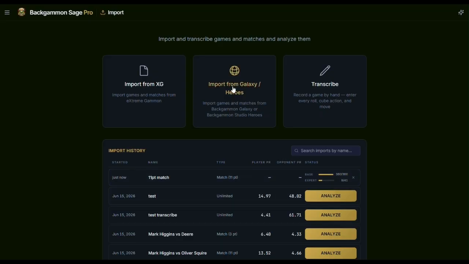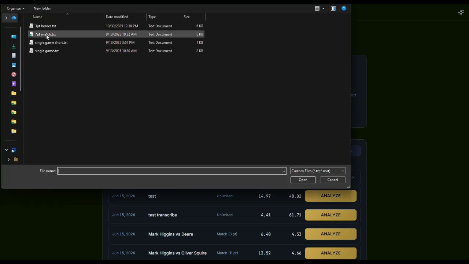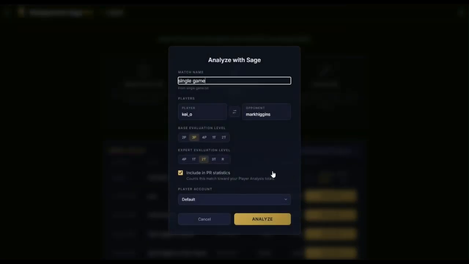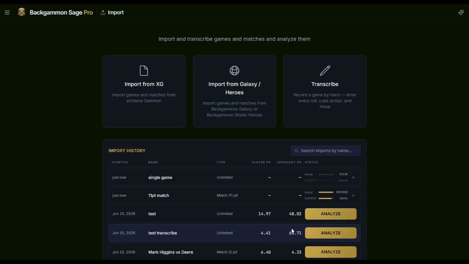You can also import files exported from online backgammon playing platforms such as Backgammon Galaxy and Backgammon Studio Heroes. Click the Import from Galaxy Heroes button to select the file, which should end in .txt. Choose your import settings, then hit the Analyze button to kick off the import. When the import finishes, hit the Analyze button in that row to view the match in the Analyze Match section. You can search and filter the imported games by typing in the search box at the top of the table